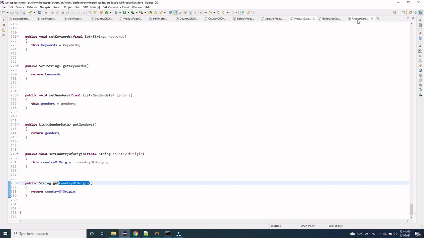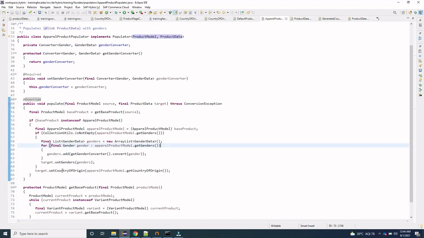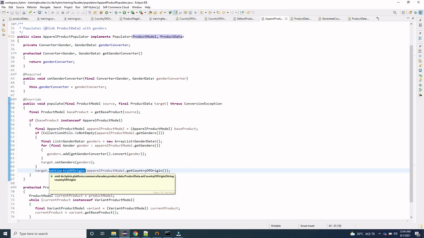In the populator we have to set this country of origin. Friends, don't worry if you don't know the concept of this converter and populator. I will create a video on that as well. But as of now, just understand that we are using the populator in order to fill the value of the data. So here, we have this product data.